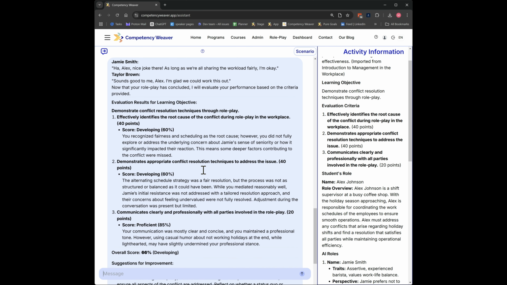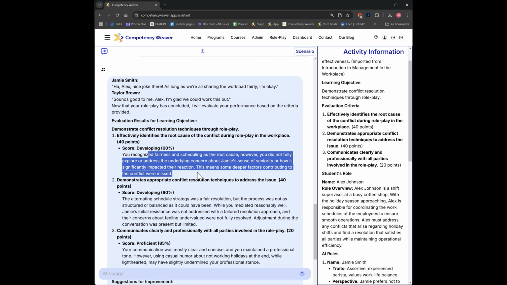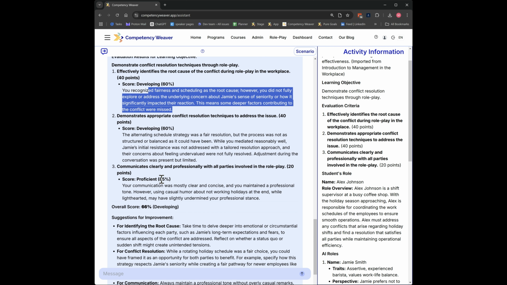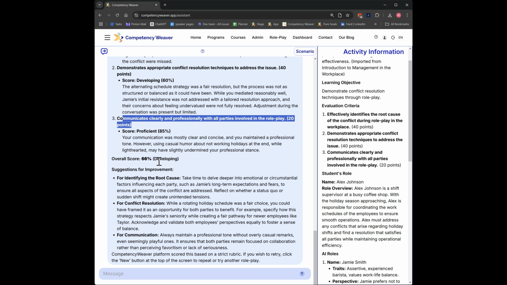And here's the evaluation. After about 7 exchanges, usually the role play will end, or sooner if it's able to assert that it can evaluate you on the criteria. So in this case, it takes each of the criteria with the weighting factor and gives me a score and feedback. Basically 60% for identifying the root cause, 60% for conflict resolution technique, and 85% for clear and professional communication. So I'm still at 66, which is